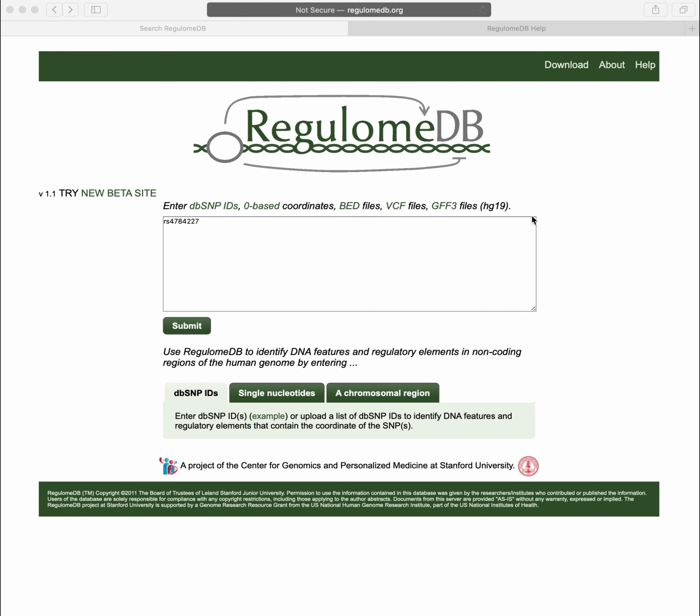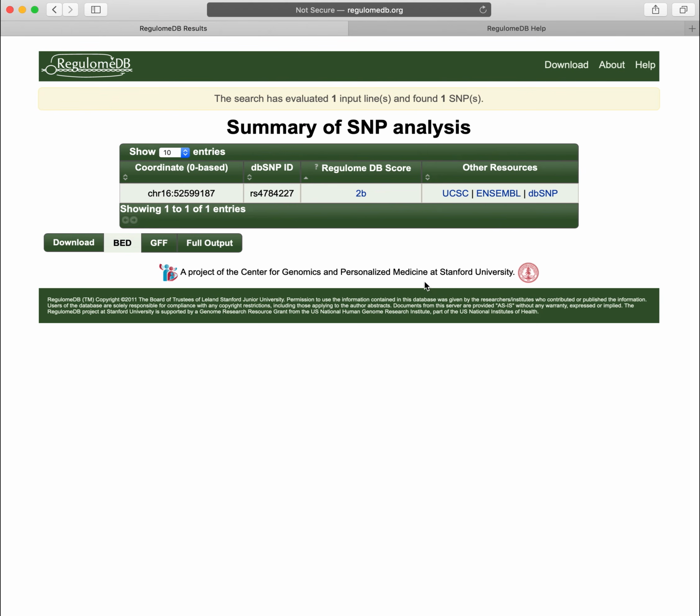Now this is the main page of RegulomeDB. Recall that we had one breast cancer associated SNP in one of the previous GWAS videos, so let's input that RSID and hit submit here. So the search result returned one SNP exactly,